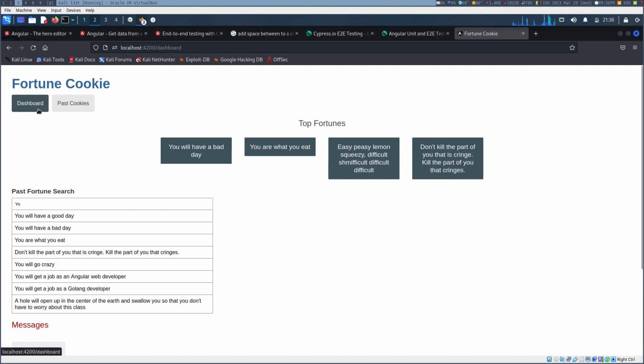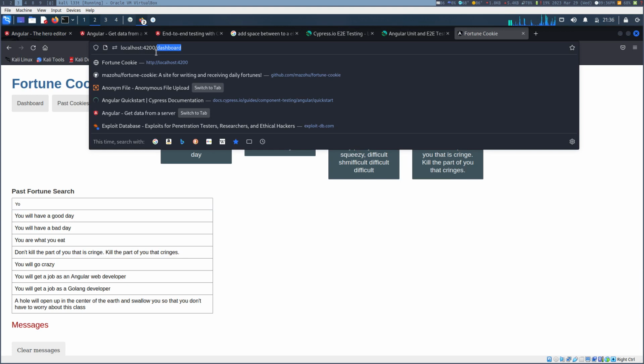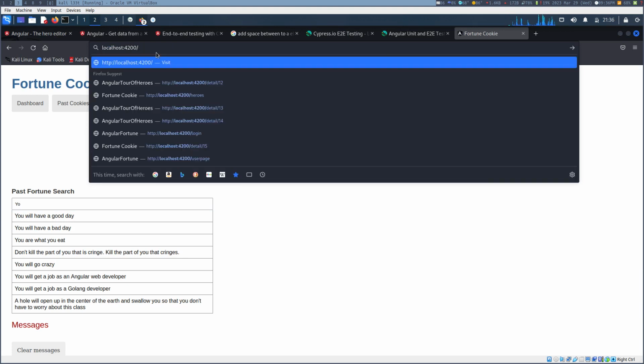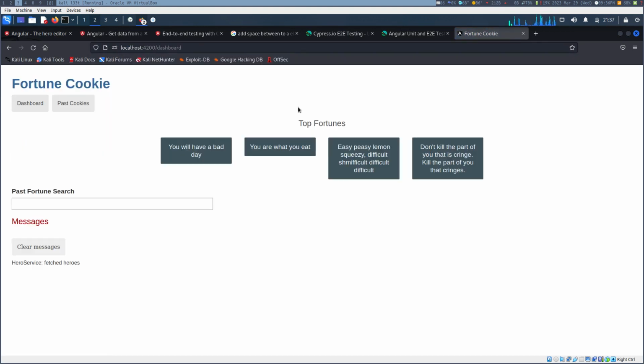Going to the dashboard here, we have the routing set up so that if a user just visits the root of this site, it's going to take them directly to their dashboard, where they're going to see their fortunes, or at least part of their fortunes in this case in the dashboard. They can search for fortunes, and on top of that, we've incorporated a logging functionality into this new front end